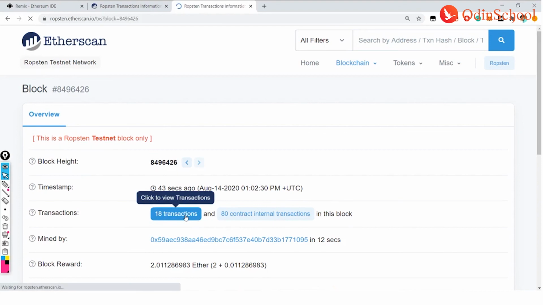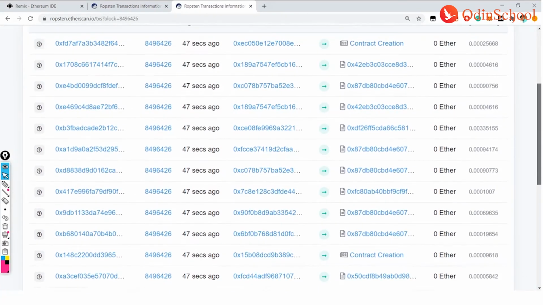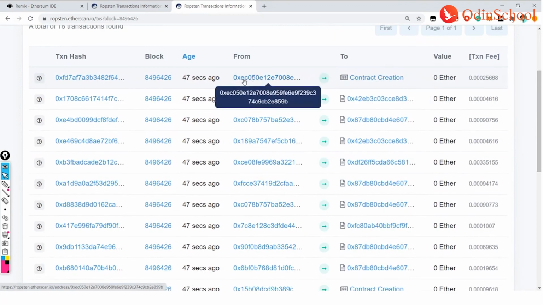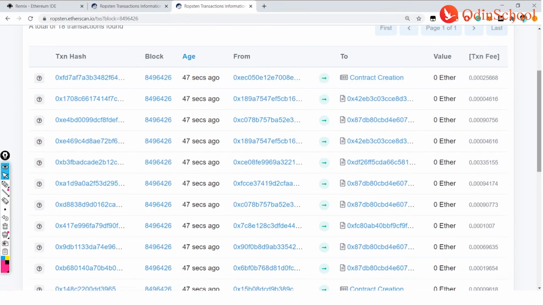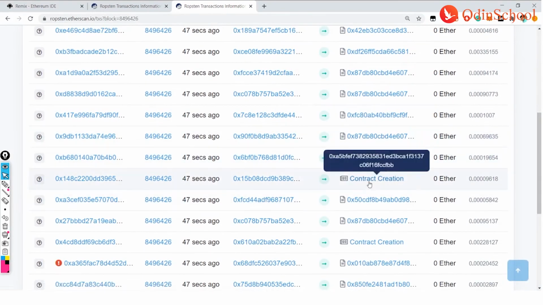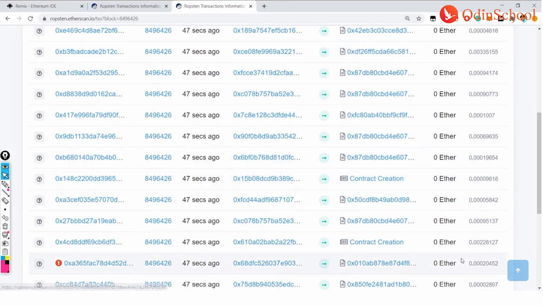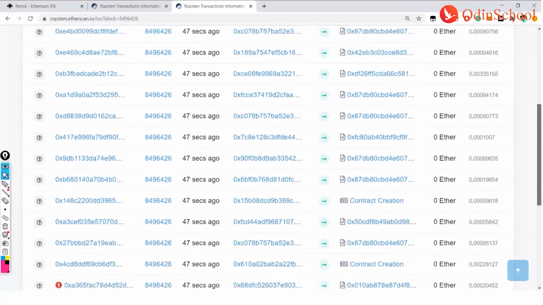Click on it and you will see where your contract is being created. Okay, so this contract creation, is it your address? No, it's not my address. I mean to say, it's not my MetaMask address. You need to verify that, and then yeah, this is my contract. So this is my smart contract, I mean to say, my MetaMask address. So it got deployed successfully along with the other transactions and along with the other contracts.